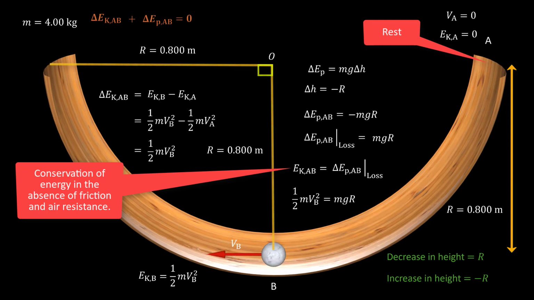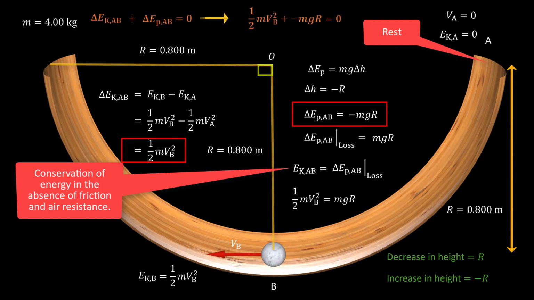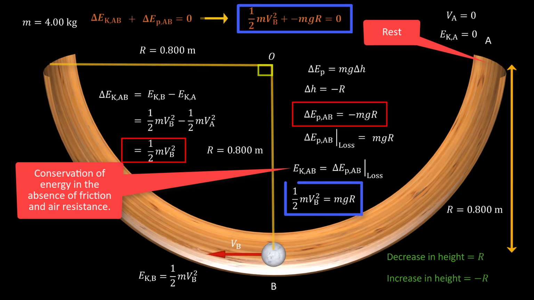If we substitute delta EK AB as half mVB squared, and we substitute delta EP AB as minus mgR equals to 0, we can rearrange it and obtain half mVB squared equals to mgR, which is exactly what we obtained previously